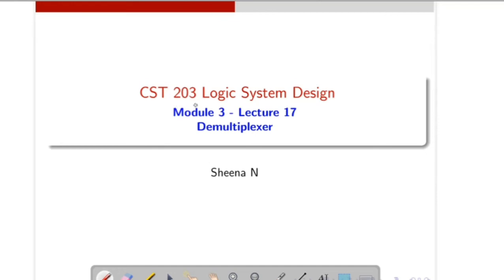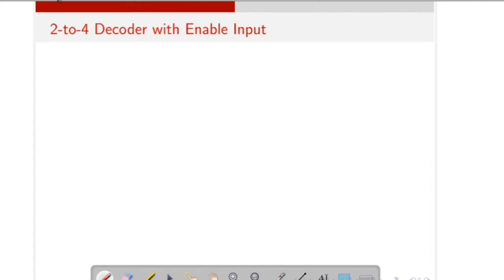Hi students, in this video we are going to study demultiplexer. We have already studied what a decoder is. A decoder has n inputs and a maximum of 2 raised to n distinct outputs. When you construct the decoder with NAND gates, it generates the outputs in their complemented form. That means when the decoder generates a 1 output, a decoder constructed with NAND gates generates a 0 output. In the case of some decoders, they include one or more enable inputs to control the circuit operation.